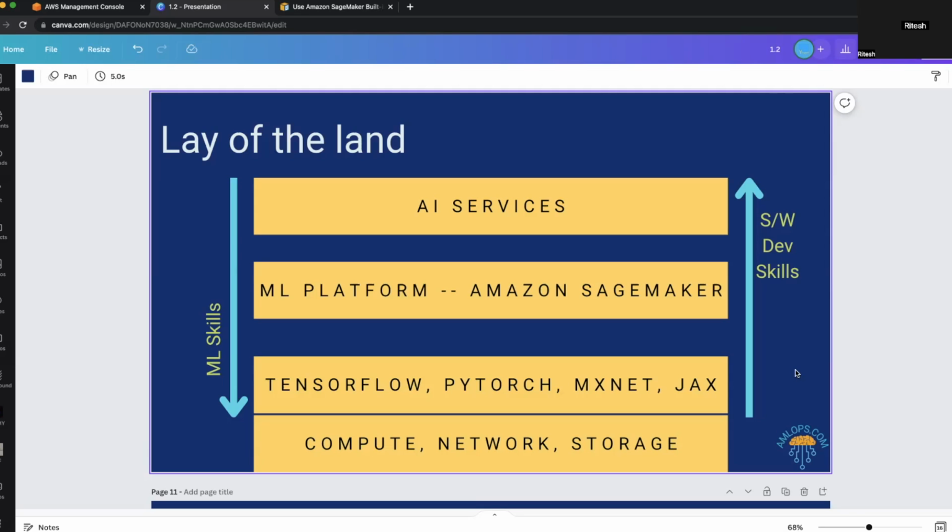When I say this layer, you interact directly with TensorFlow, interact directly with PyTorch, and you build on top of it. Again, to my knowledge, if somebody is writing their own PyTorch equivalent or TensorFlow equivalent, then they are wasting their time. But most companies would rely on things like TensorFlow or PyTorch or MXNet or JAX to build their